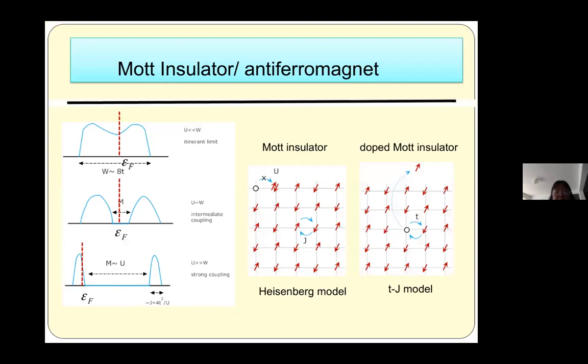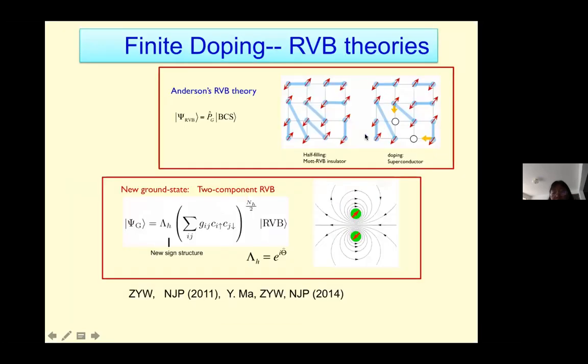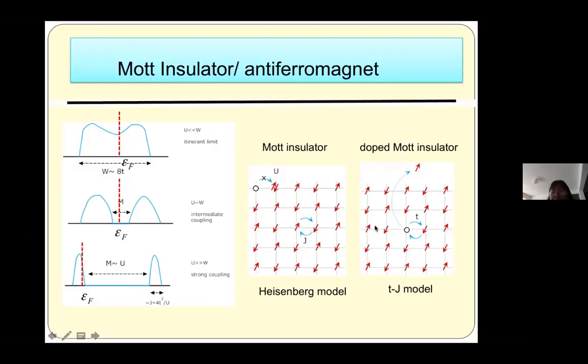So the Hubbard model at large U naturally gives rise to the Mott Insulator, because with the increase of U, we need to project out the higher energy band with double occupancy. Then the picture of doped system can be understood based on